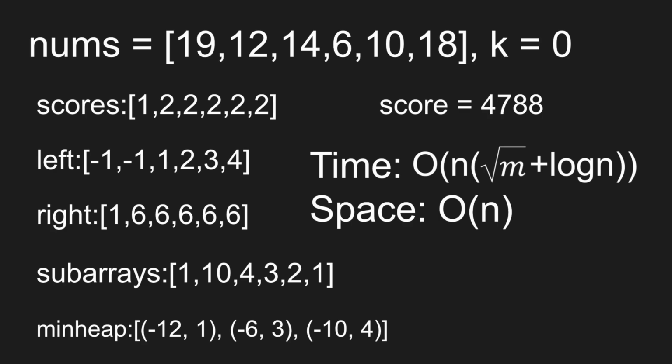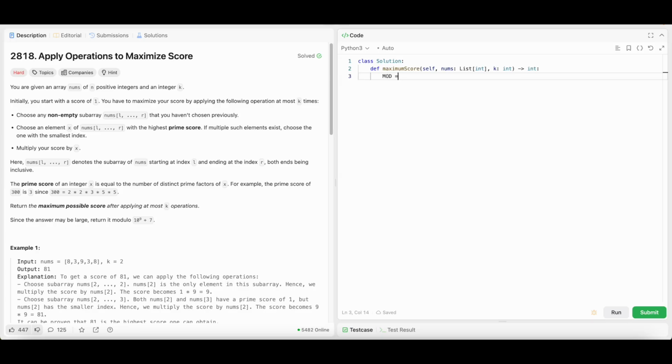So now let's get to the coding part. First we will set up mod in case the result's too big. So 10 to the power of 9 plus 7, and n would be the length of nums. Scores would be initially 0 times n. So we will now loop through n, for index in range n. Num equals nums of index, and for every factor in range from 2 to the square root of num plus 1,